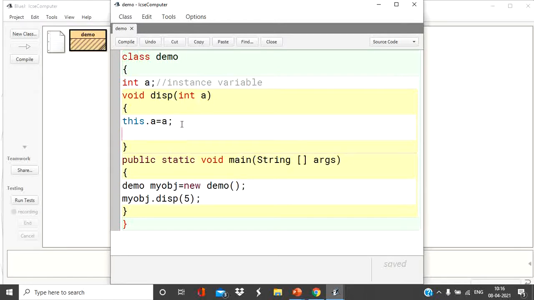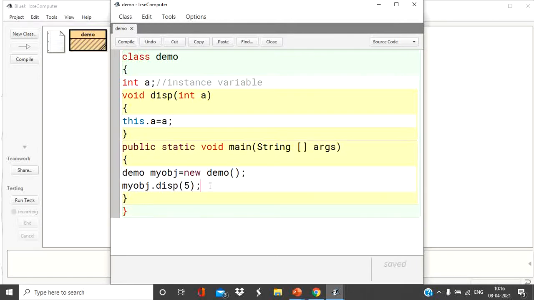Now if you are going to print here, say System.out.println, or simply come out from here and print the value. Here also you can print the value: System.out.println value of a equals plus my object dot a.